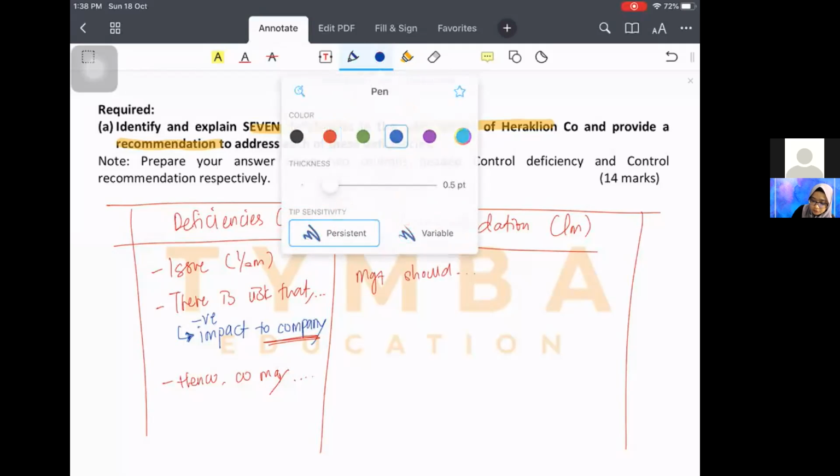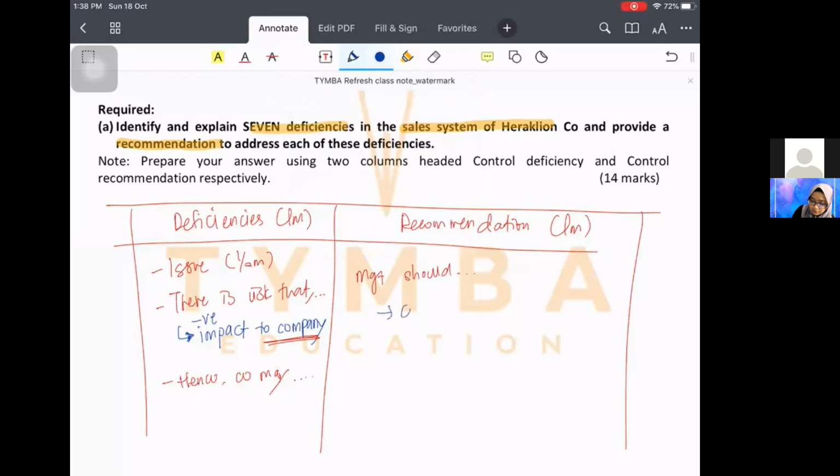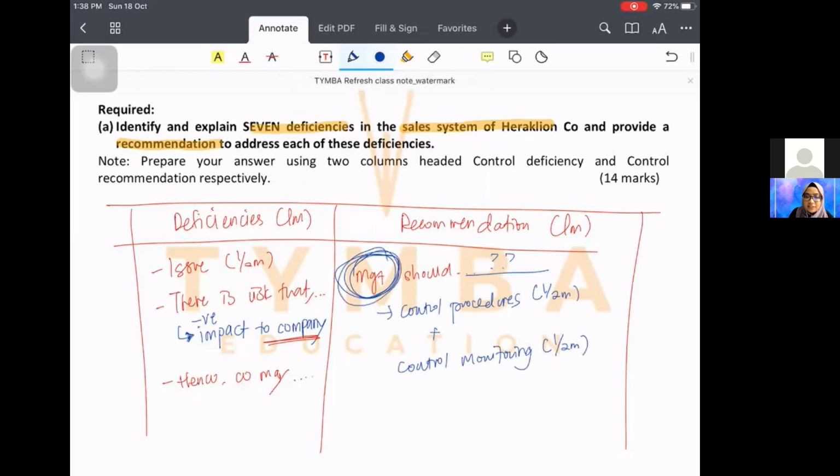Okay, so to get half mark, you write control procedures and then control monitoring. Okay, this makes the big difference. Even if your recommendation here is wrong, at least you have already written management, then the examiners can consider